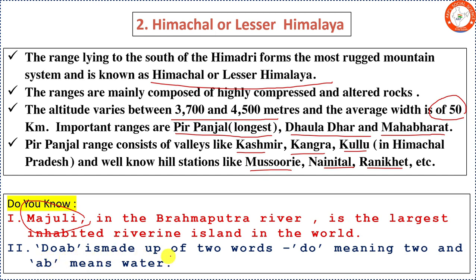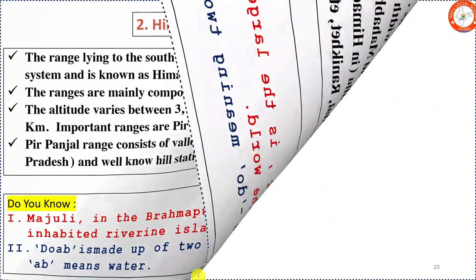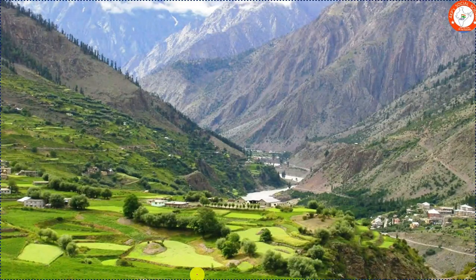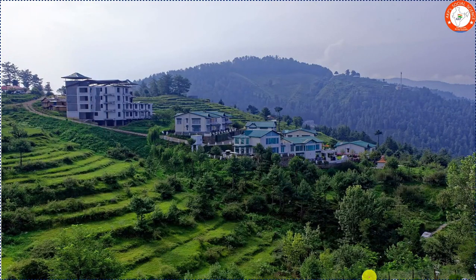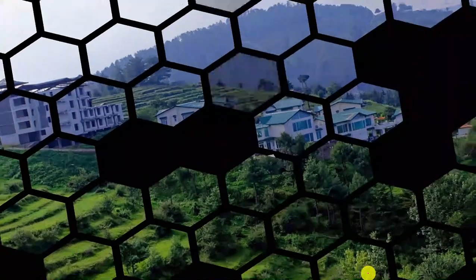Doab is made up of two words, do meaning two and ab meaning water. A valley area of Himalayan region where we see